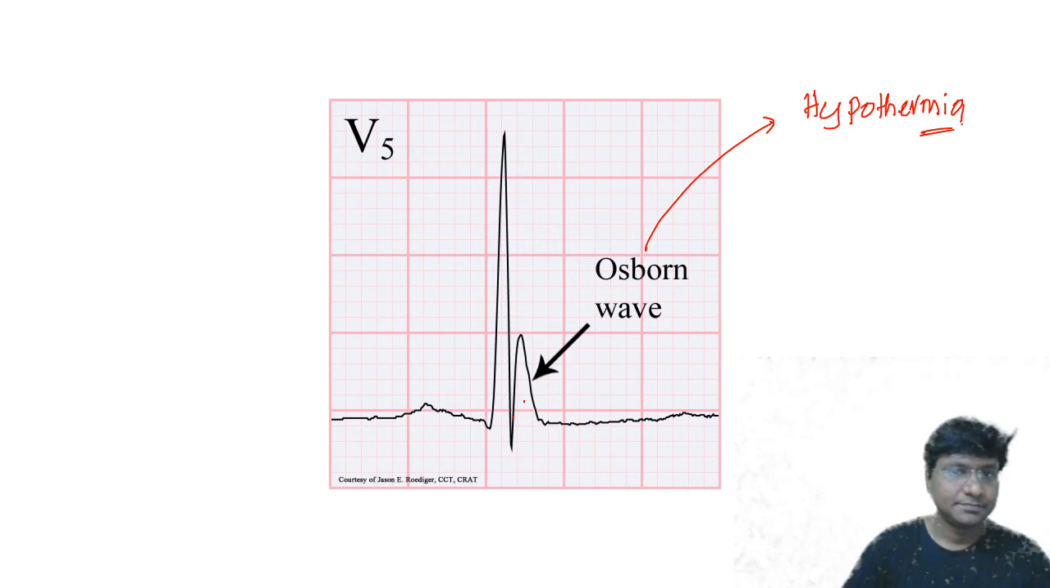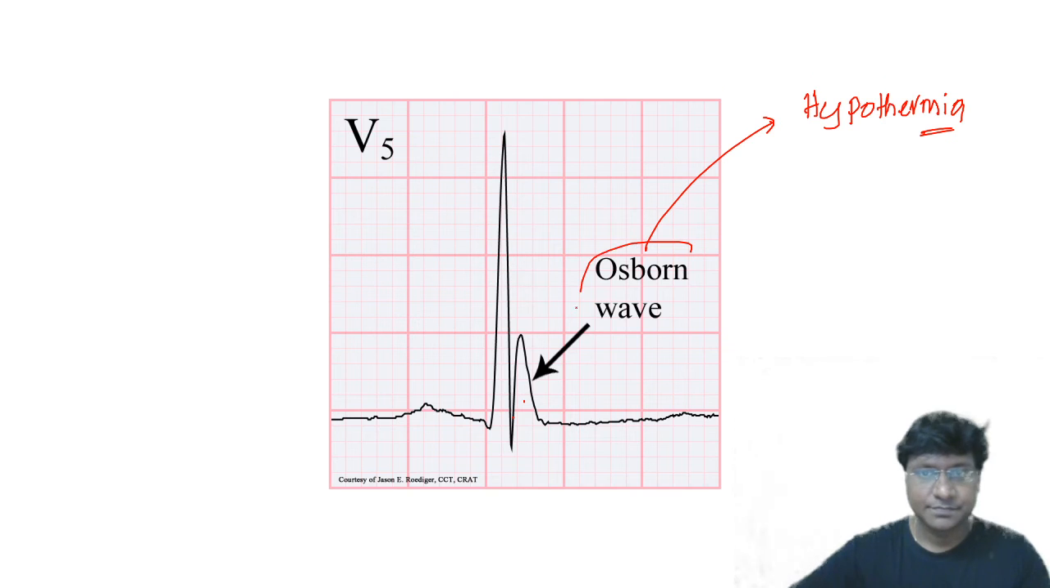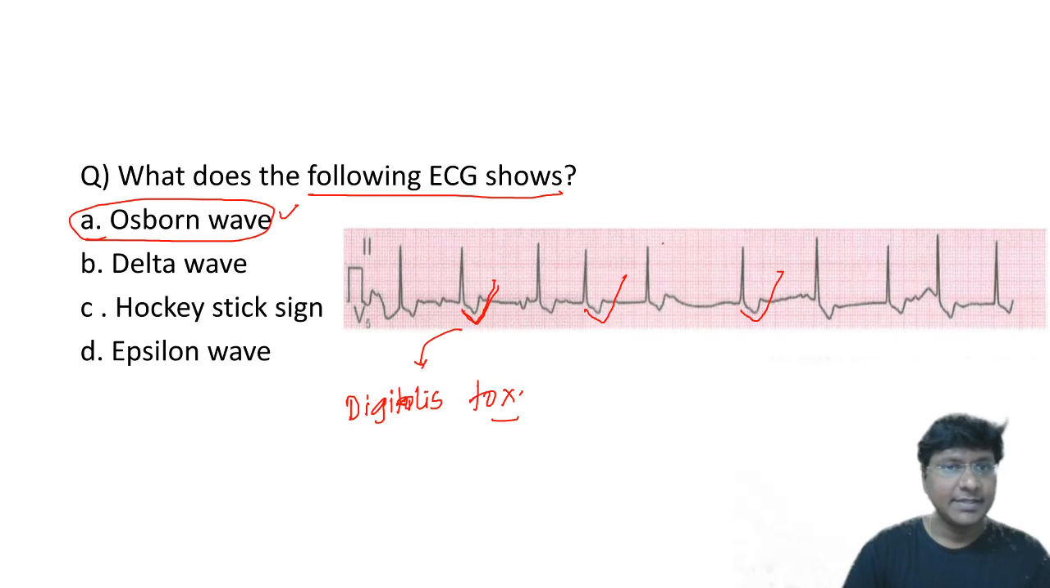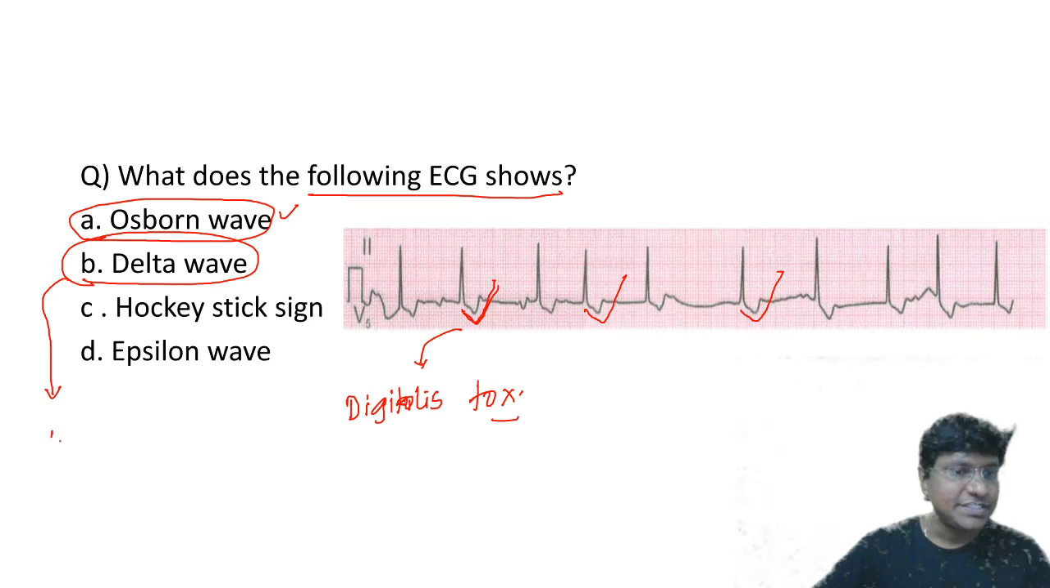Alright. So this is your Osborn wave. Now, followed by that, the other option we have is the delta wave. The delta wave is the one which is seen in patients with WPW syndrome,